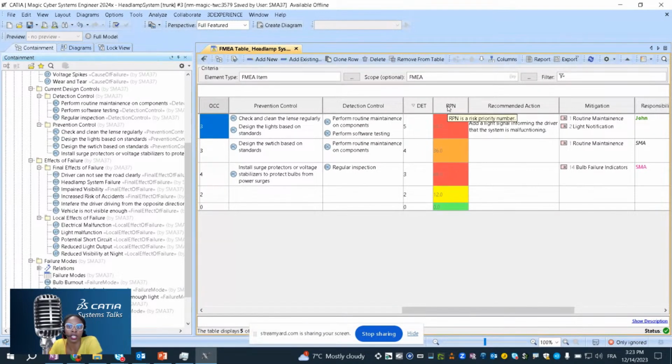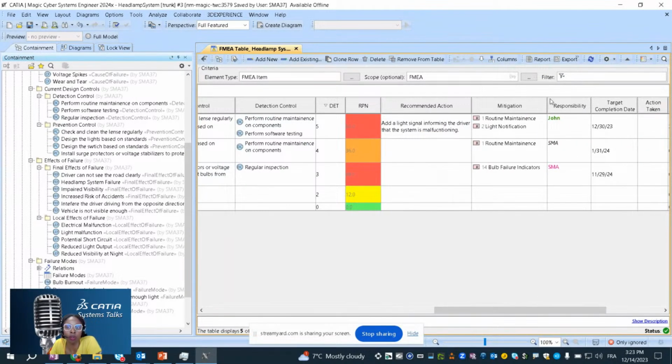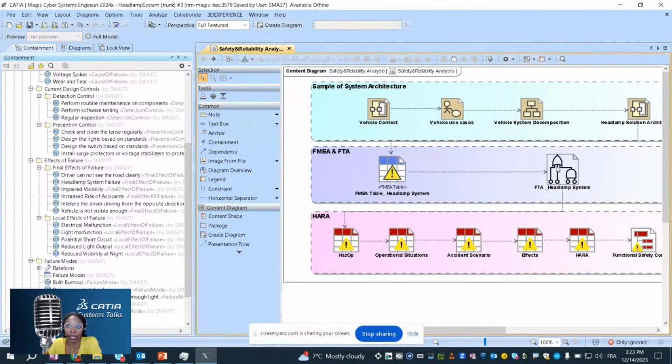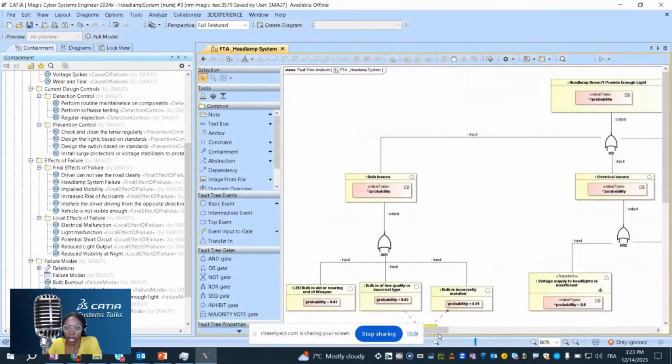calculated. You can deduce what the mitigation will be, who is responsible, when it needs to be done, and then you do again what's related to reduced severity, reduced occurrence, and so on. So really, an FMEA table looks like Excel with the possibility of reuse, with the possibility to link those elements directly to model elements. Again, for FTA, it's just